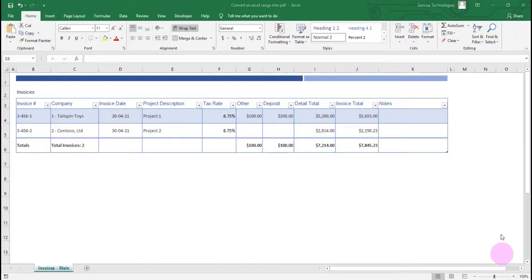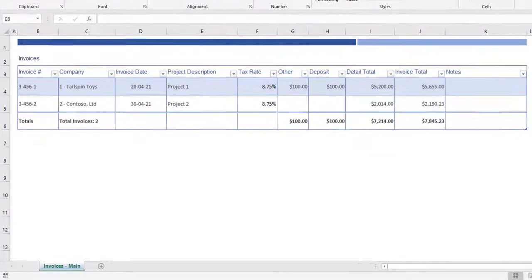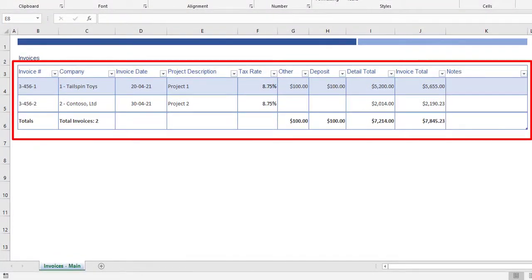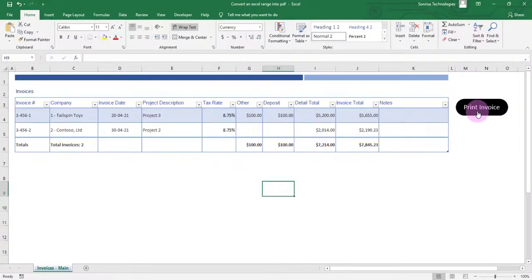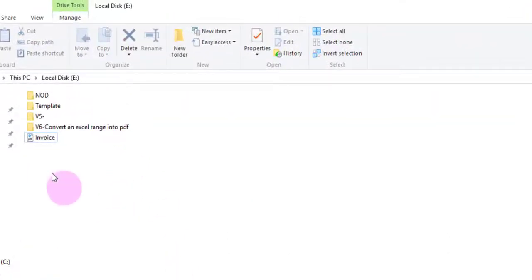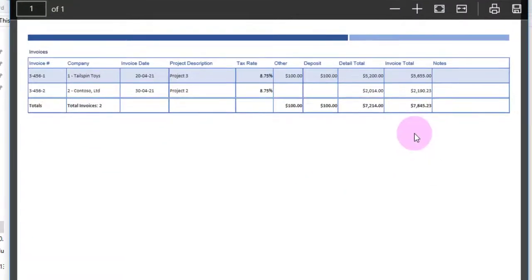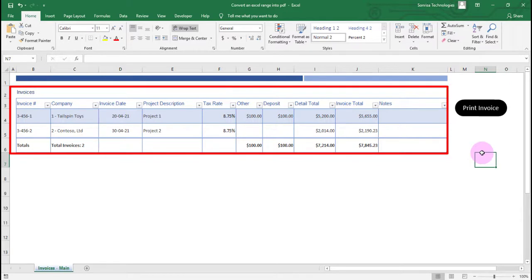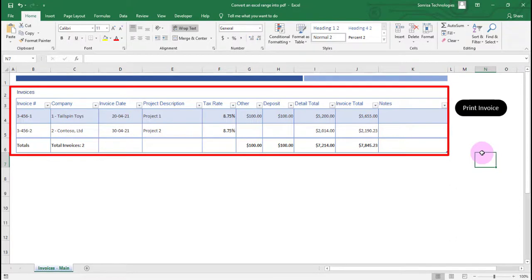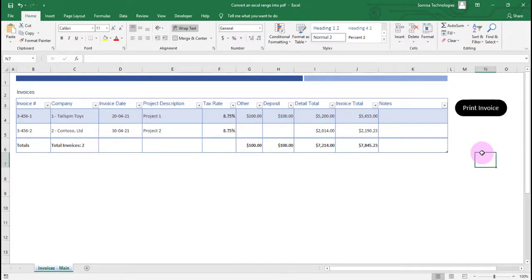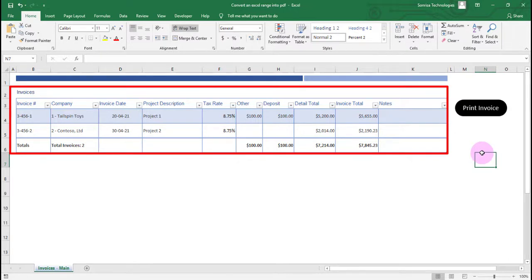In this video, we are going to learn how to create a macro that will convert this invoice into a PDF file and save it in a given location. Here the scope is when you click this button, the invoice should get printed. The invoice size is constant, that is nothing but the print area is fixed. The code that we are going to build will consider only this fixed range for the PDF creation.